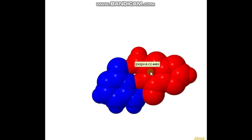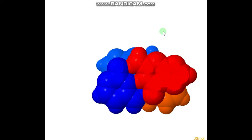And let's then just move this slice down through the structure. So if we carry on like this, you can begin to see the next base pair appearing underneath. And the important thing is that, again, you can see that they're not directly aligned one above the other, so that instead of this one being entirely hidden underneath, you can see a corner of it on each side, which is not hidden by the base pair on top of it. And if we keep on doing that,